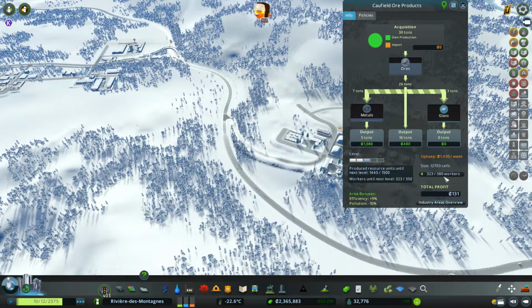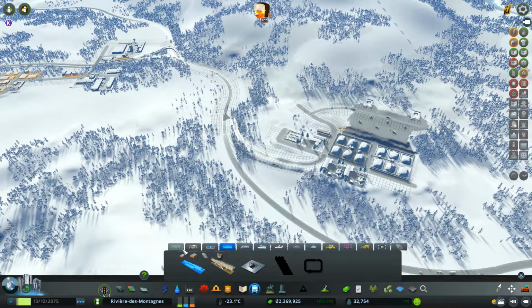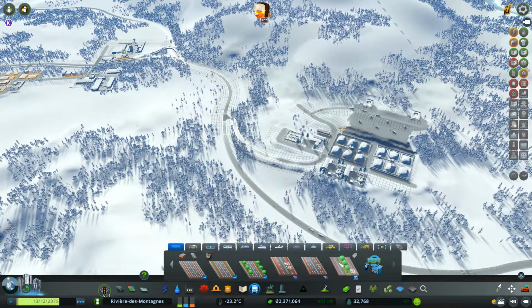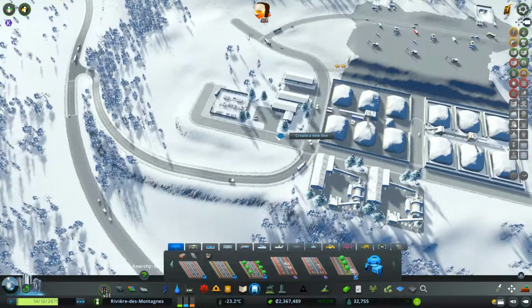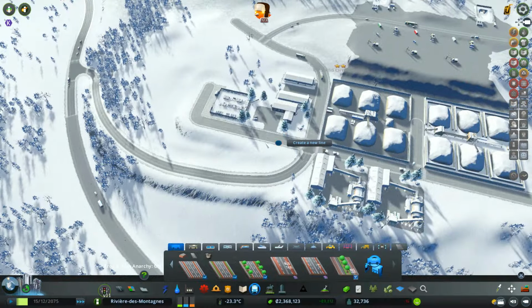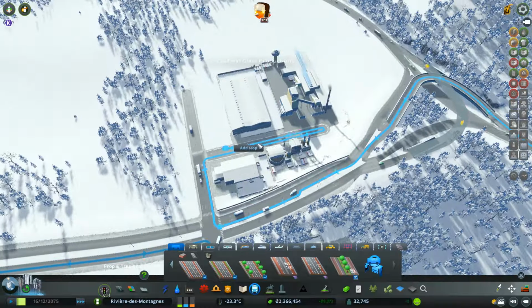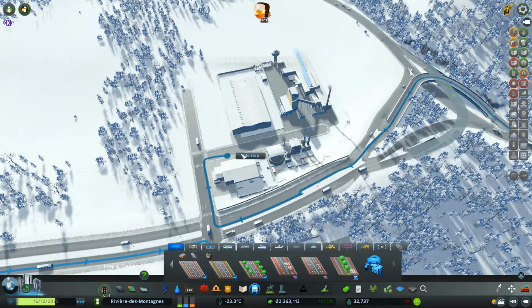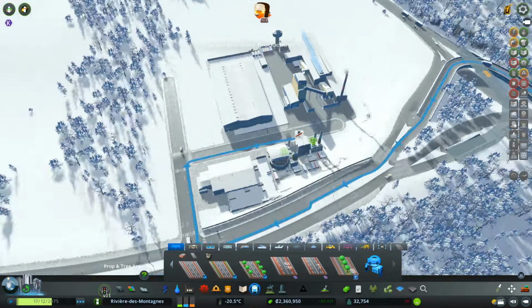Okay, so we have a possibility of 380 workers. We're almost there. Plus, we're just about to hit our next level. So I wouldn't be surprised if we hit level 3 very, very quickly. But one thing we can do to help at least is to get a bus line to run into here. So let's say we'll create a new line here. This one's going to go right into our ore production area, and we're going to get it to stop right outside of these ones,